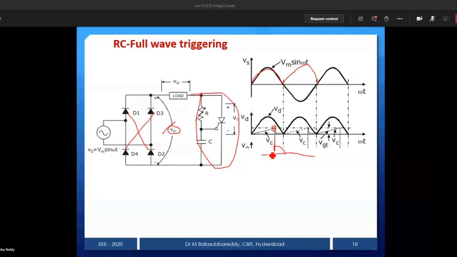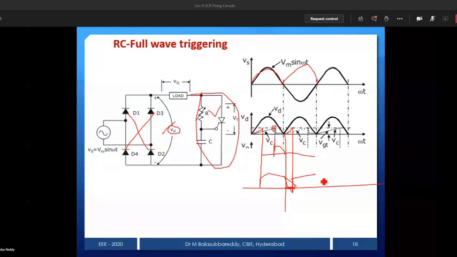So like that, if you change the R value here, automatically somewhere you will get this point also as output, because R is less, so the pulse will be like this. At this instant it will conduct, then the output will be up to this point. So like that, in every positive half cycle as well as negative half cycle, it will get this, and here it will be 0, no device will trigger, and again it will conduct. So like that you can control.